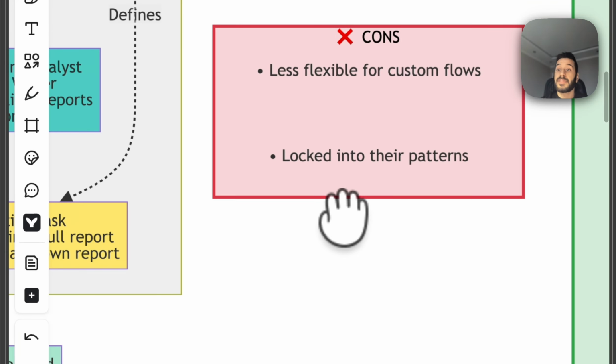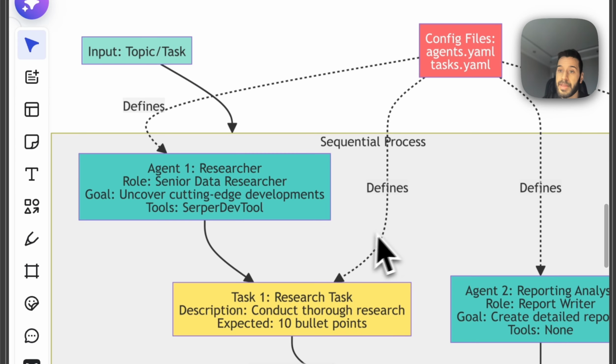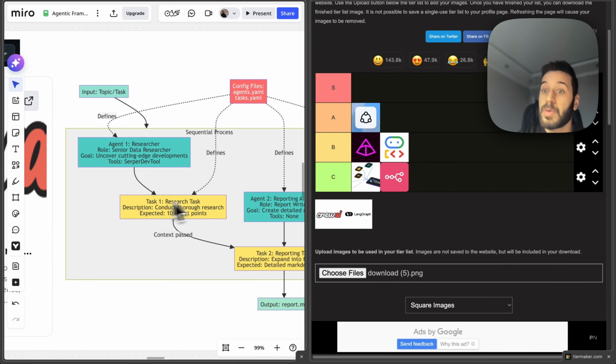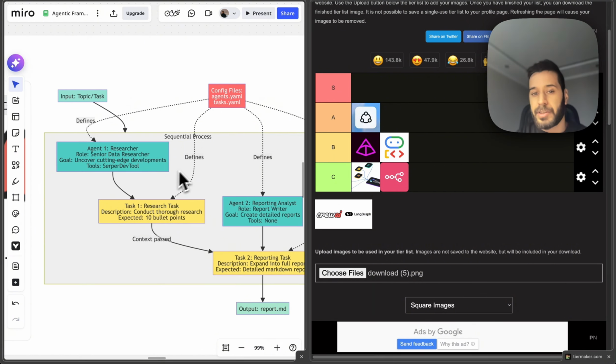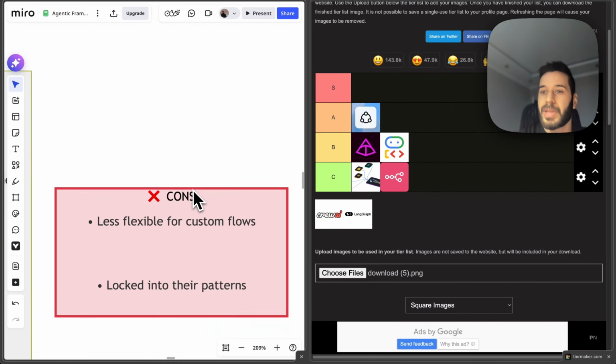Yeah, now for the cons. It's basically less flexible for complex workflows and locked into their pattern. So in CrewAI, they actually have this concept of roles and goals for agents, and also the concept of crews. And crews is like a set of agents that collaborate in order to achieve some task. And every agent has a role and goal. So this pattern might not be a good fit for your use case, and you want some more